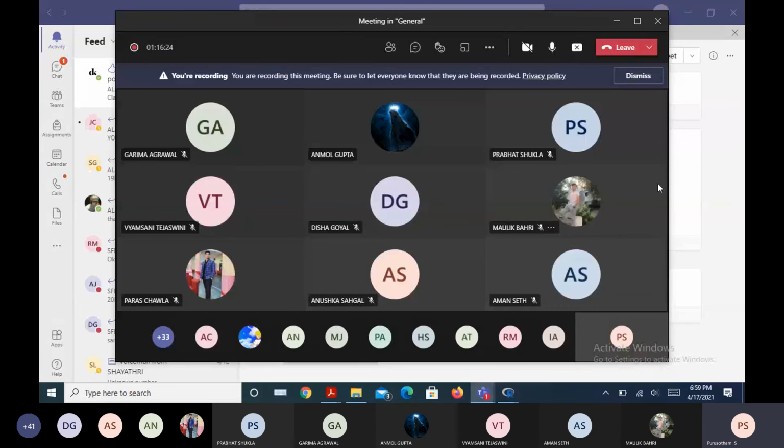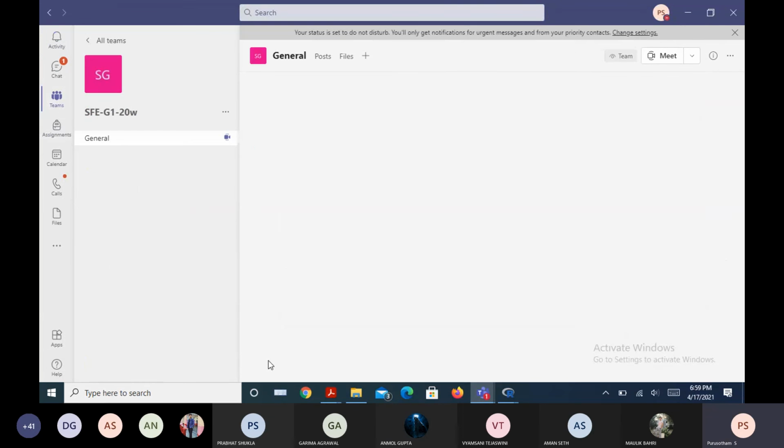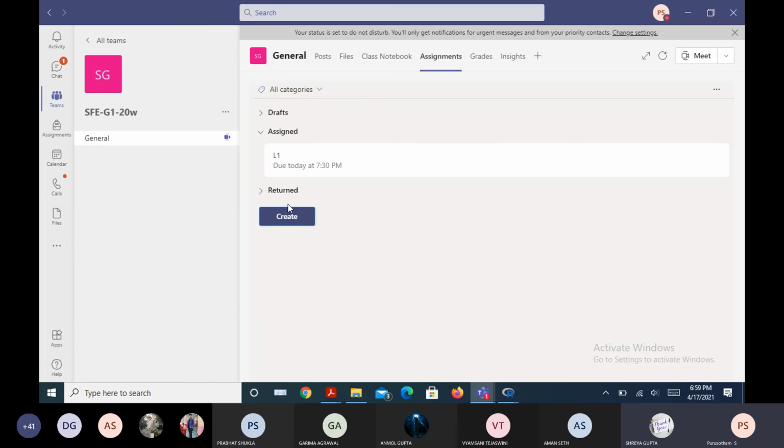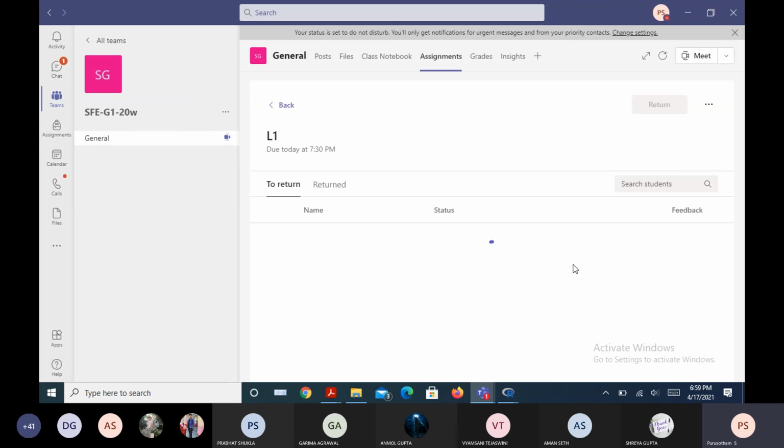Okay, at least you keep it saved, and whenever you get the link, immediately upload it. Yes, sir. Maybe in a couple of minutes, once I get refreshed, I'll reach out to you. I gave you half an hour time. It is already assigned only. Even if you want, I can extend the time. Yes, sir, please extend the time.